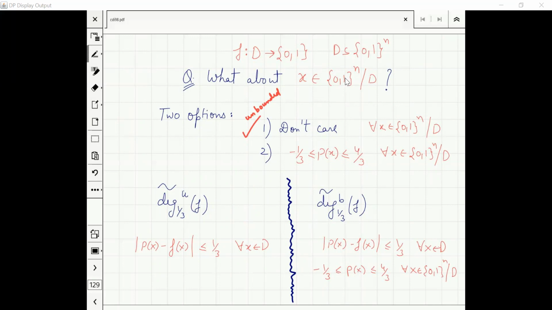And I think I have convinced you that in many cases, it is better to consider the bounded version, where we say that on the domain inputs, definitely the value should be close to the function, but on the non-domain values, it could be anything but bounded. It should be inside the particular bound. It should look like a Boolean function. It need not be a specific Boolean function, but it should resemble a Boolean function.